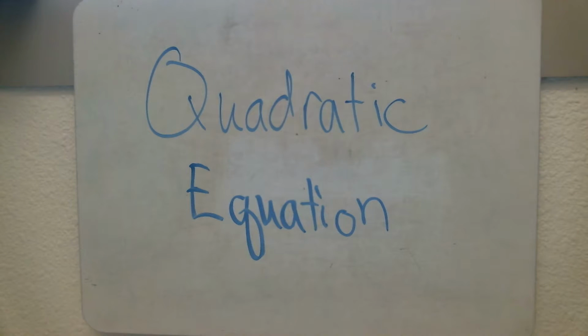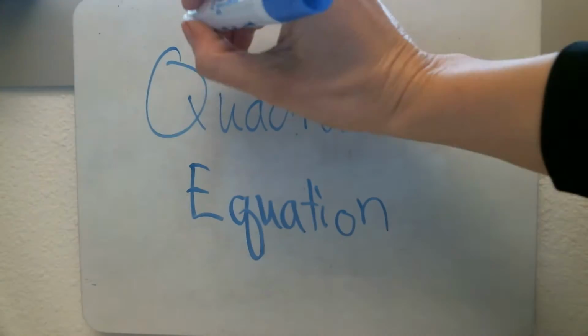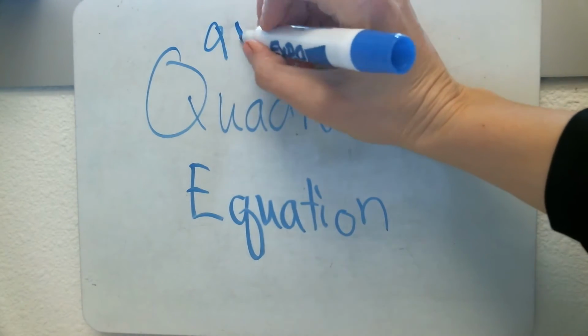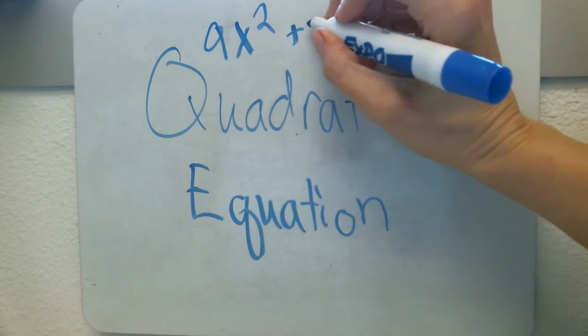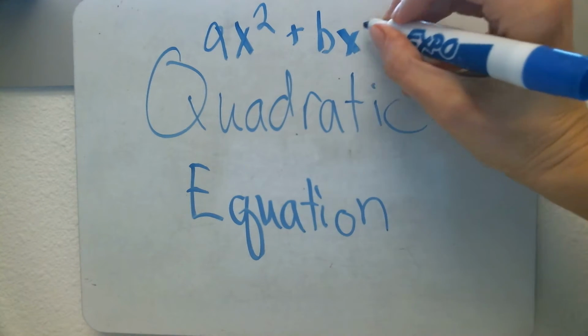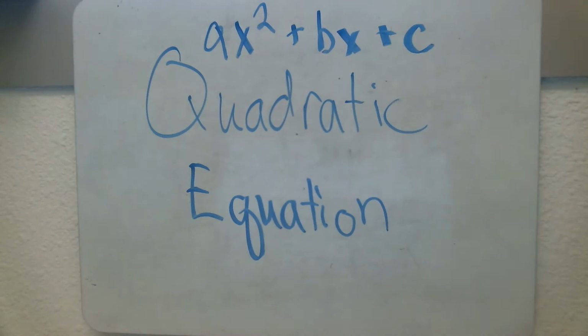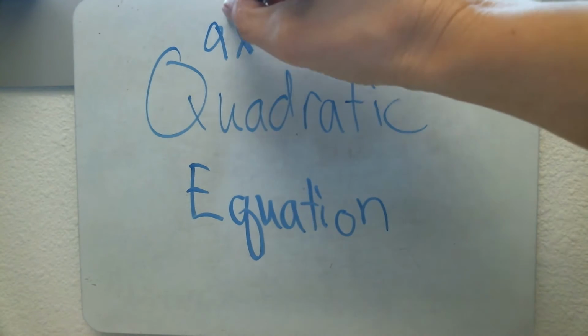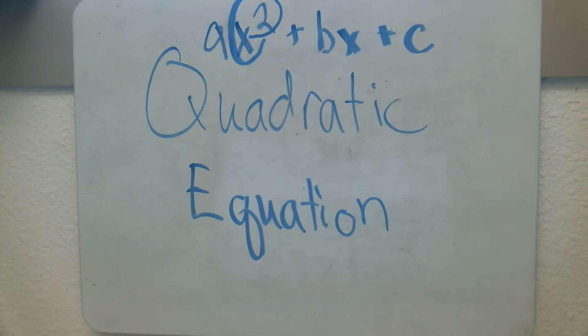Today we're going to talk about the quadratic equation. So a quadratic equation is written in the form ax squared plus bx plus c. Okay? So in the quadratic equation, when you see this squared variable here, it tells you you're dealing with a